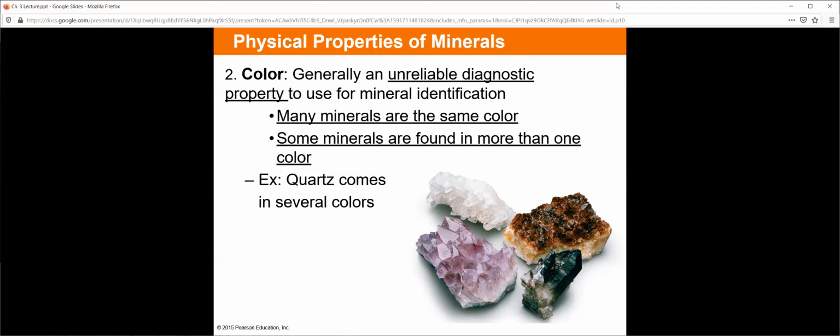Color usually has to do with, for example, quartz, something happening to the quartz to give it that color, such as radioactive decay or the surrounding rocks changing colors. But again, quartz comes in several colors, but we know what those colors are. So one of the definitions of quartz is its color. You can't always define a mineral by its color, but the color is defined by the mineral. I hope that makes sense. Many minerals are found in the same color. Some minerals are found in more than one color. There are many minerals out there that are white, including quartz. So if you find a white mineral, that doesn't mean you have quartz, but a white quartz is still quartz.